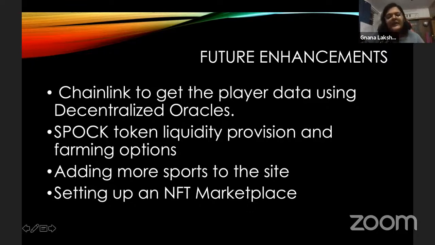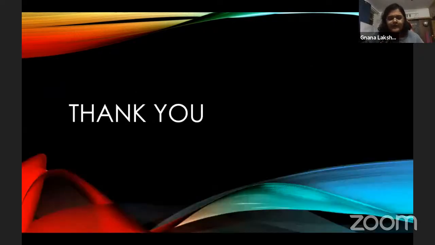And then setting up our own NFT marketplace where we can collaborate with different sport players across the globe, help them build their brand, right? And help them mint their own rare NFTs, which can be sold on our NFT marketplace for fans exclusively. This is one of the other opportunities where a revenue stream can be thought of for the DApp. So this is pretty much all that we have.